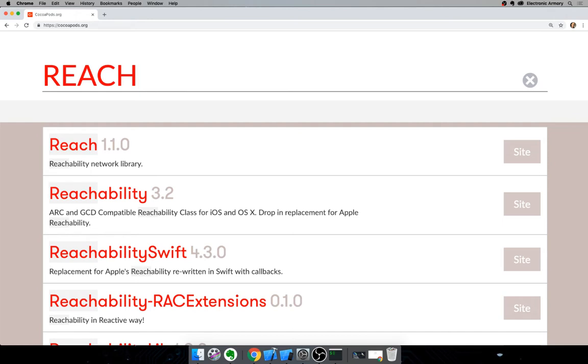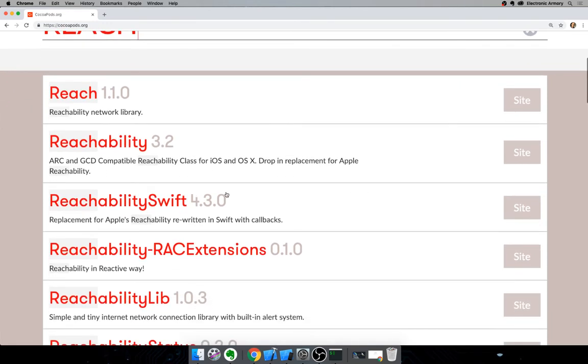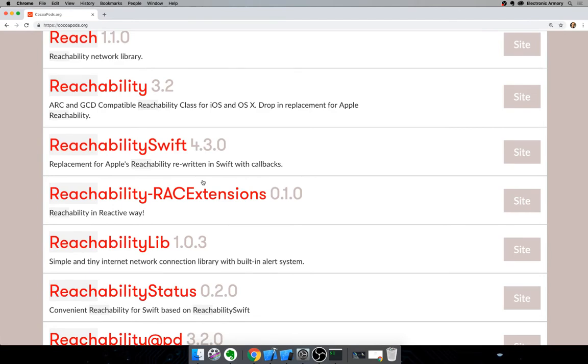It was in Objective-C, and then people took that and made it into Swift, but it's expanded from there. And so if you just type in reach, we have reach, and it's version 1.1.0. You can jump right to the site. We have reachability 3.2, so that's maybe a little bit more mature if you're evaluating different versions of this. We have reachability Swift, version 4.3. Doesn't mean it's any better than this one, it just means it has a higher version, which almost means nothing